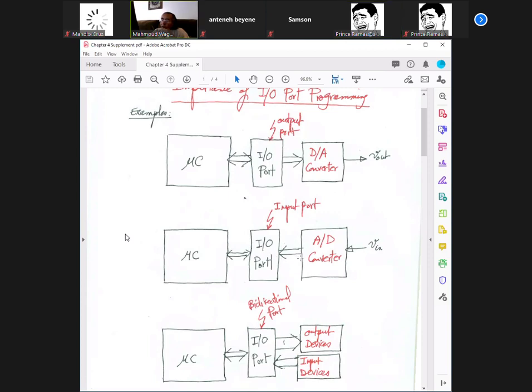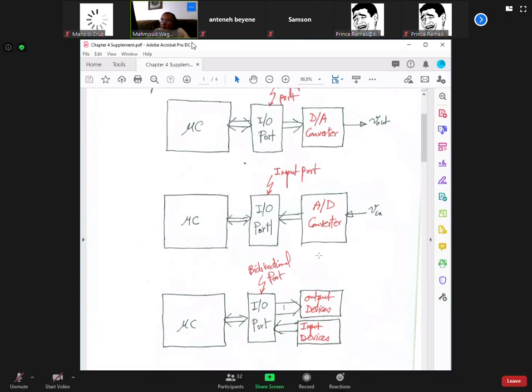So this is the A to D converter case. There you can